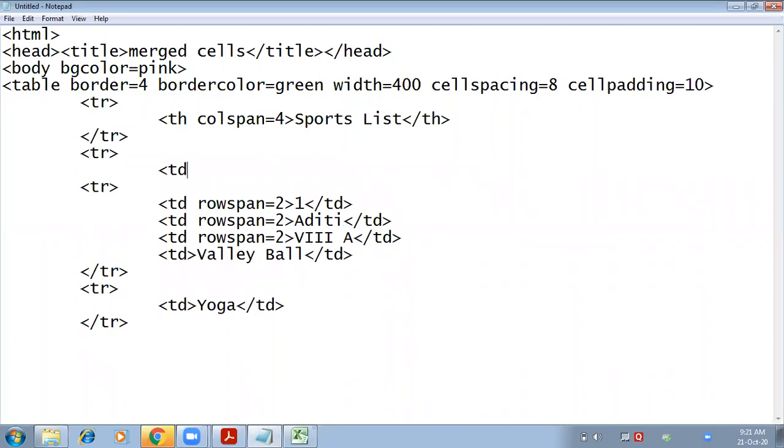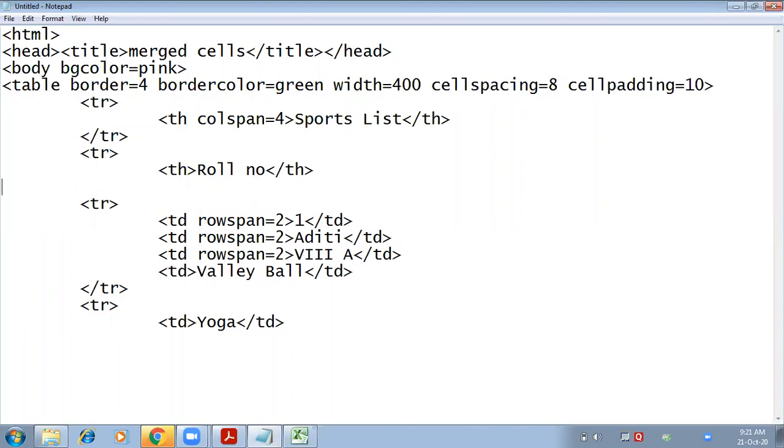This is a simple row with all the content. First is roll number. You can make it th so that it can appear bold. Roll number, close th, name, close